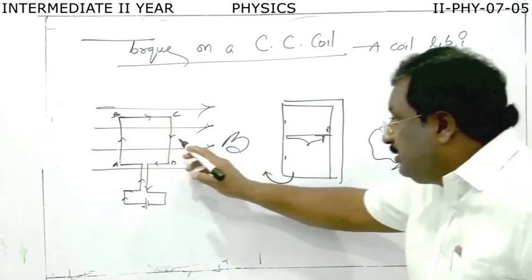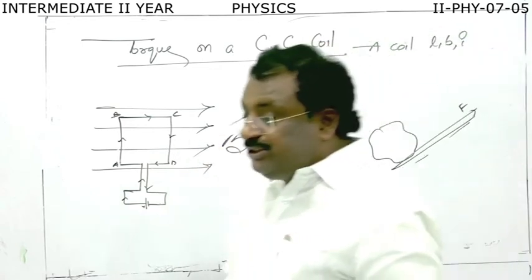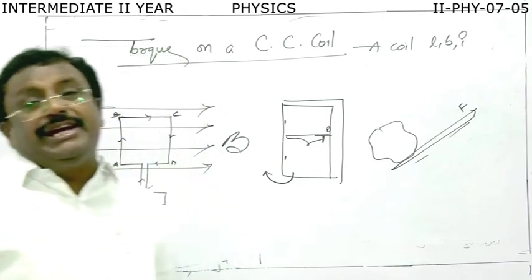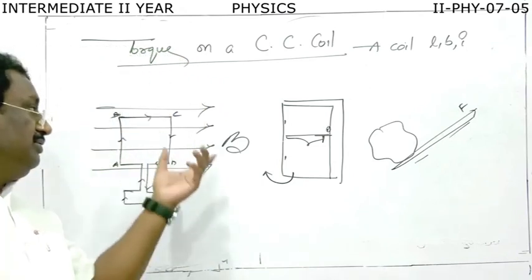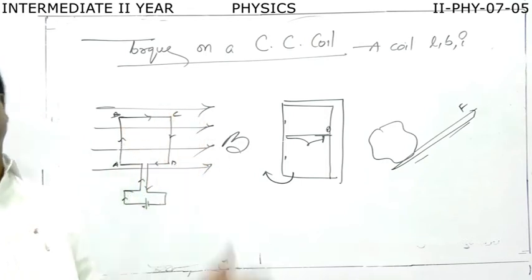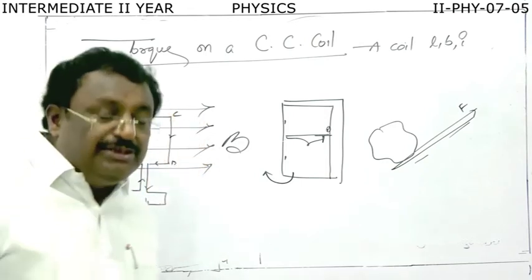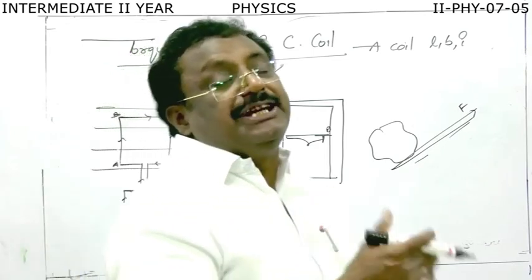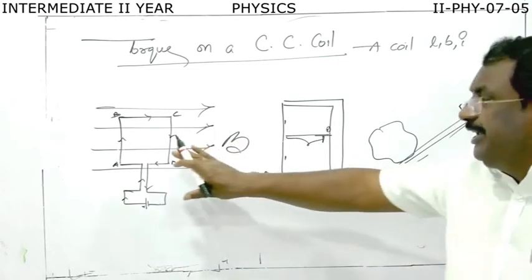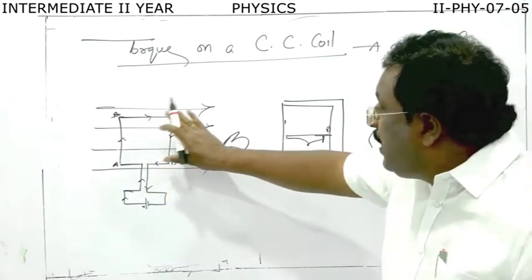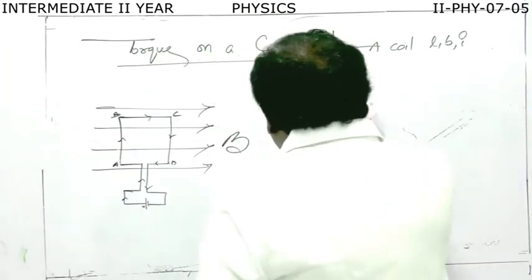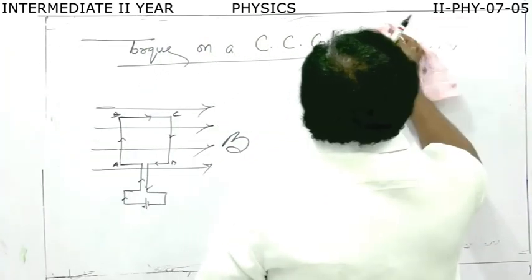Here, our current carrying coil experiences 2 equal forces, equal in magnitude but opposite in direction. Hence, they exert some torque on the coil. As a result, the coil would rotate in the magnetic field in the anti-clockwise direction. This is the simple case. Here the plane of the coil is parallel to the magnetic field. Now we can write the torque.